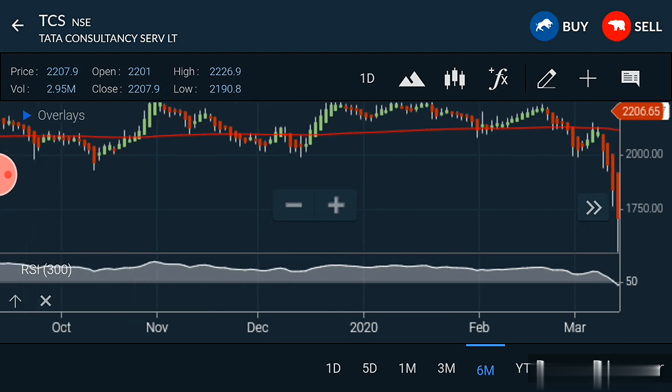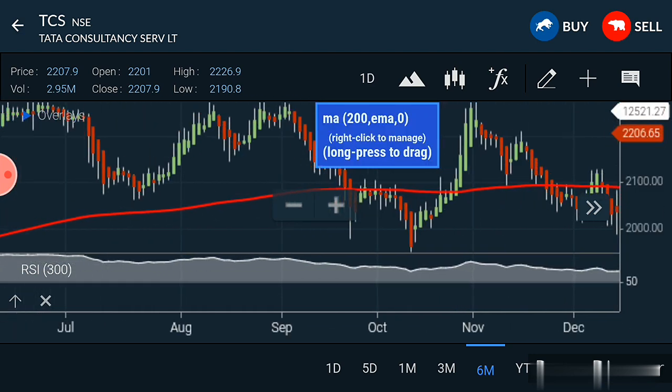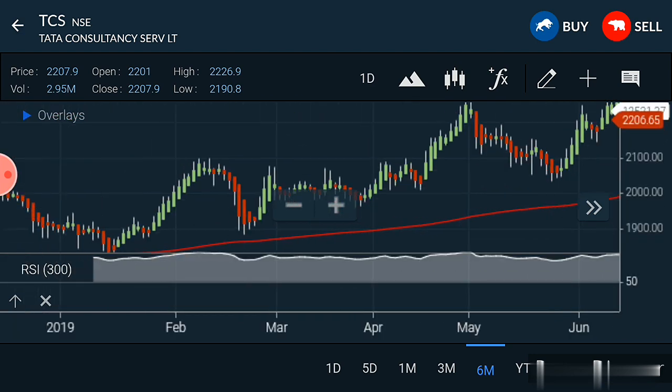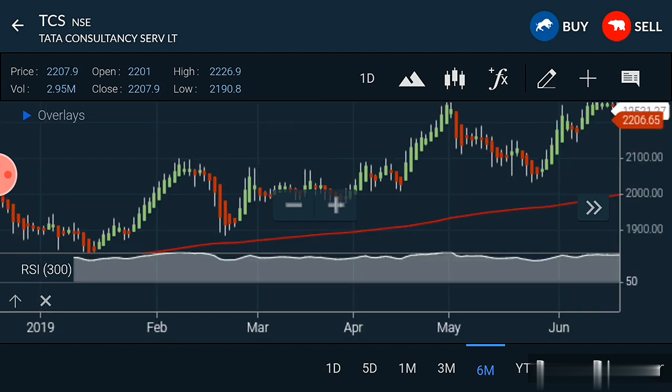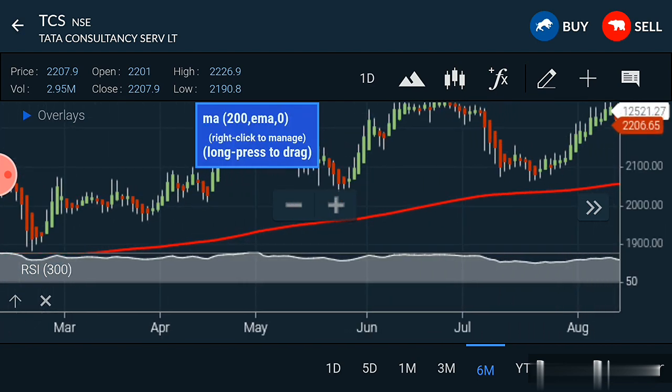So let us see whenever it closes. You can see whenever it closes above, it moves such a way up. Here also, in the month of February, you can see it closed above 200 EMA, and then it went such a way up. So this is one of the easy ways where you can select a stock based on 200 EMA and RSI, and you can make a good profit. Okay, let us analyze some more stocks also.